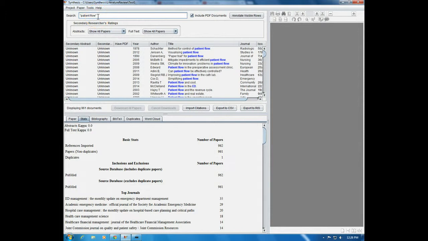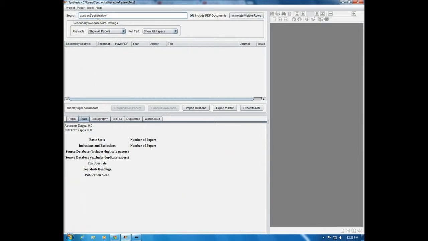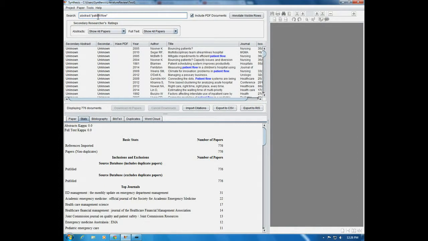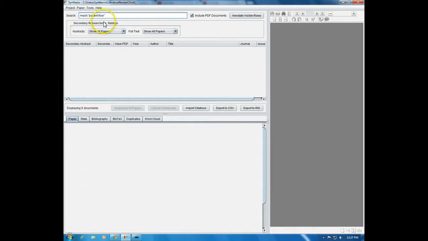As well, you can type in title colon, which will only show you the ones that have the term patient flow in the actual title, or you could use the abstract and type abstract colon patient flow. That will show you those papers that include that search term in the abstract. You can also search for the year, the author, or the MeSH terms as well. The synthesis instructions have all of these search terms,